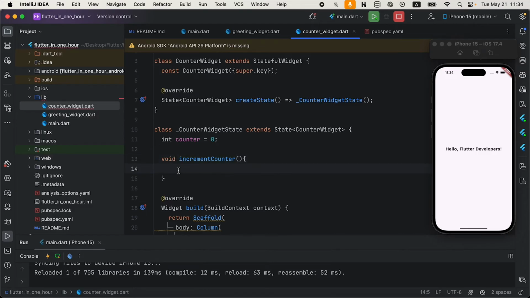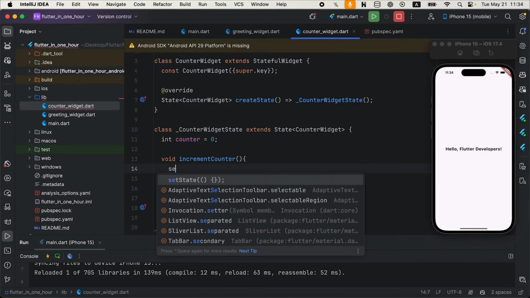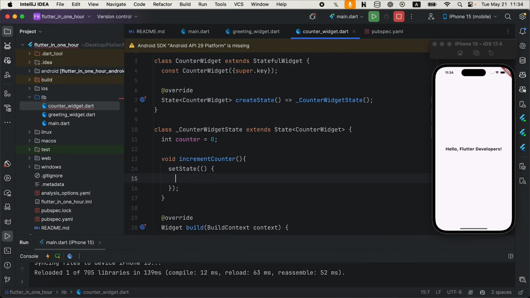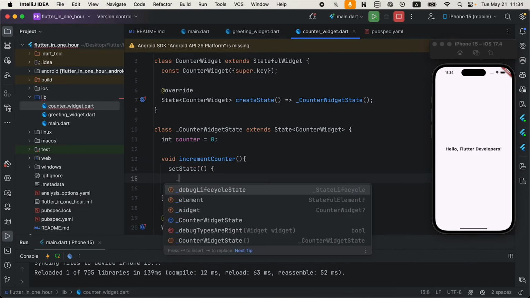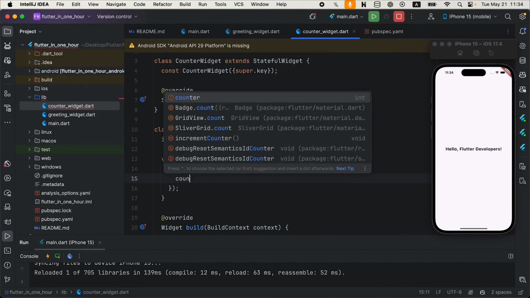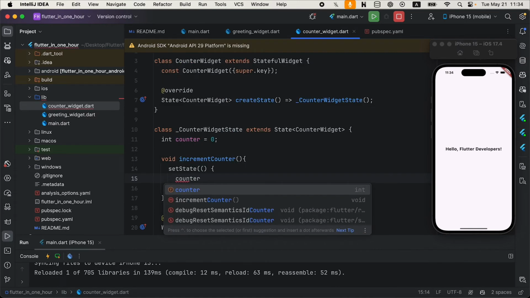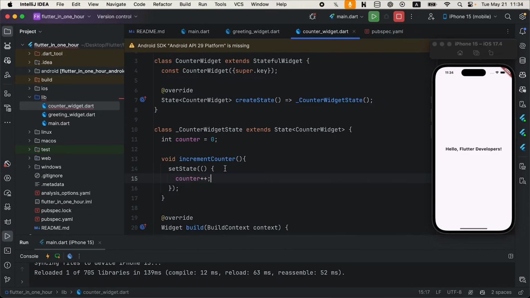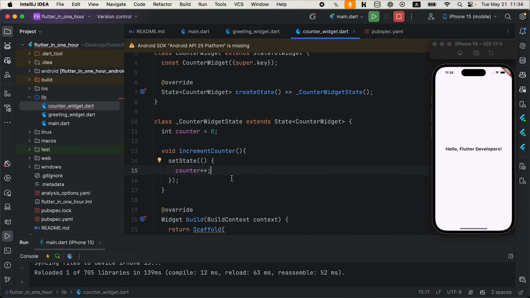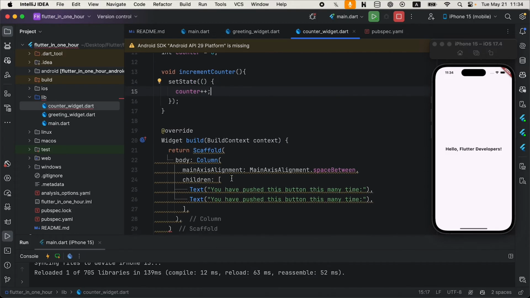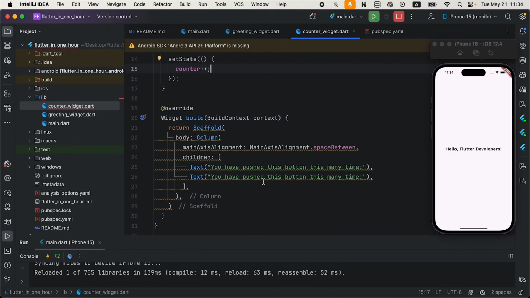Increment counter, and let's put a set state where we will increment our counter. Okay, and here let me write this counter,